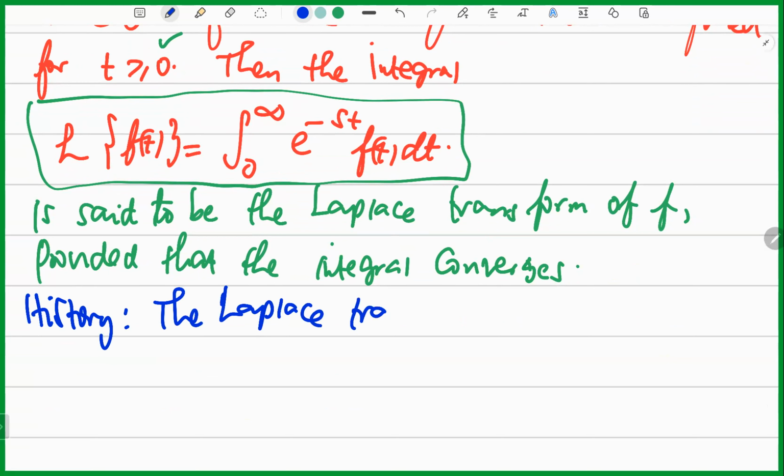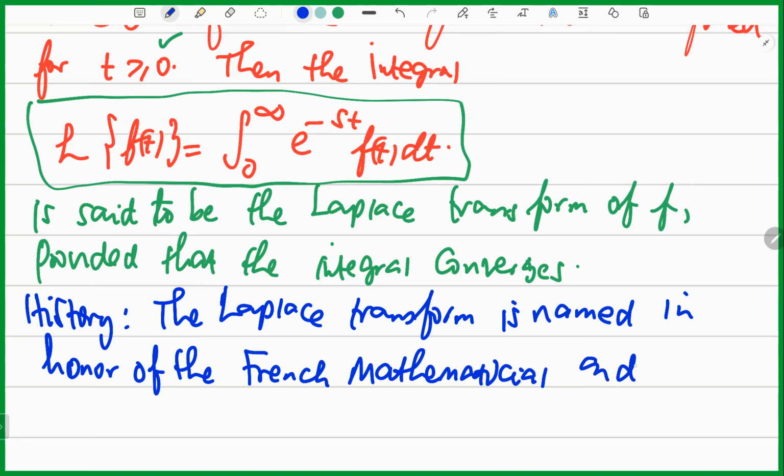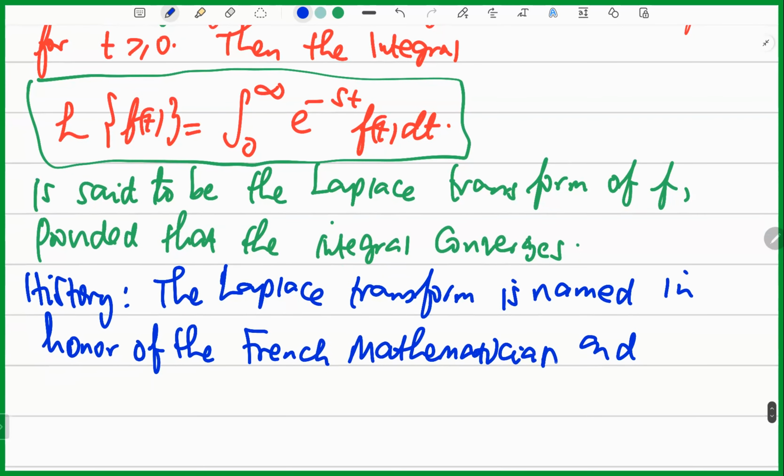The Laplace transform is named in honor of the French mathematician and astronomer